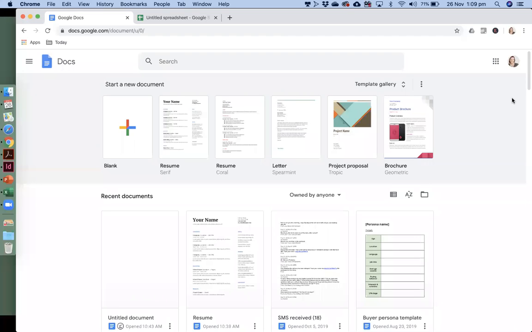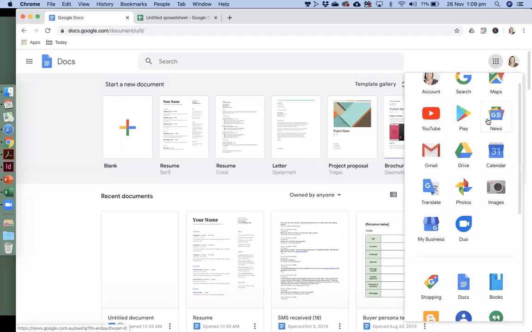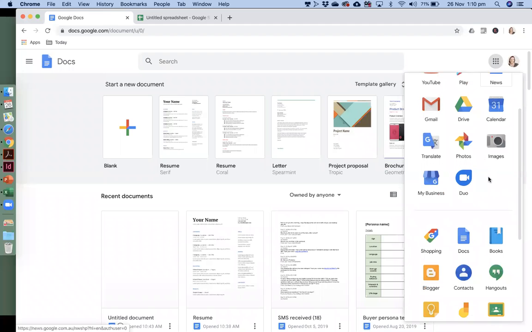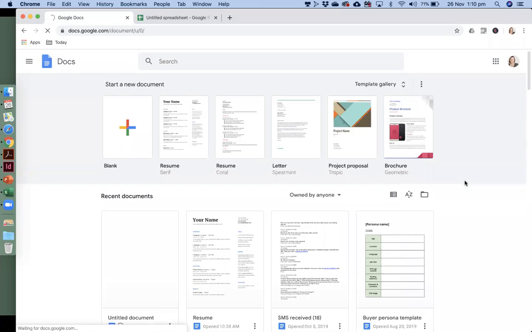I don't really have to think about coming over to a browser and remembering passwords and signing in and doing all of that every time I want to create a document. I only have to open Chrome. I'm automatically signed in. And if I'm not already in the docs space, so let's say, for example, I'm in my email or I'm in YouTube, all of these different Google products, I can click on the little navigation, and that will bring up all the Google apps. And see that Docs is there. And Docs takes you to all of the different features. So if I click on that particular link,